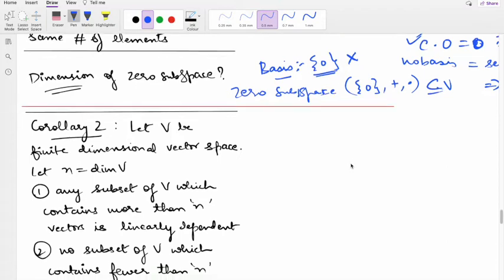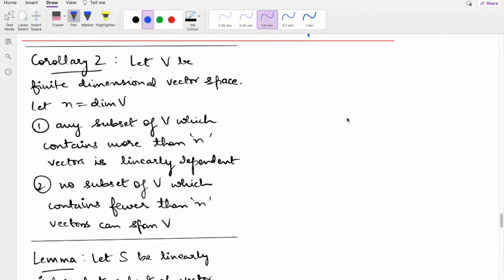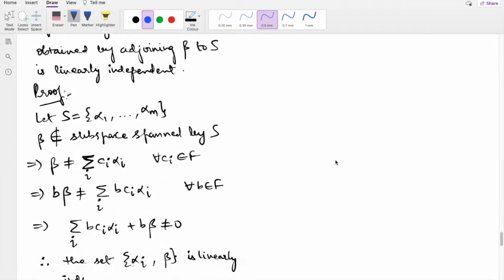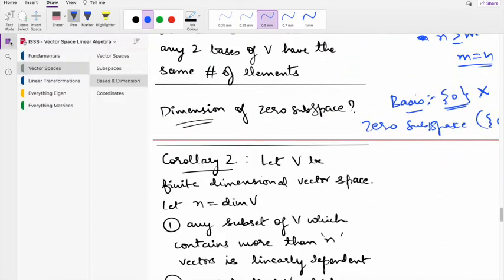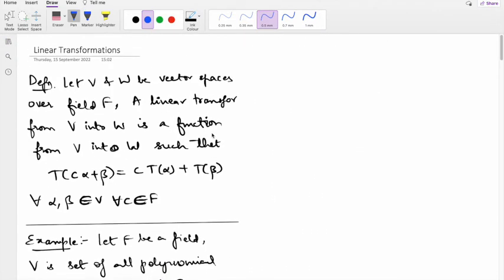Okay, so we'll shift gears for a bit and look at something else for now. We have some ideas on expanding this idea of dimensions and some more things about it, so we'll come back to it if time remains. What we'll do now is move to linear transformations, which are the bread and butter of